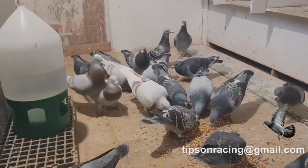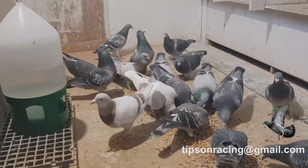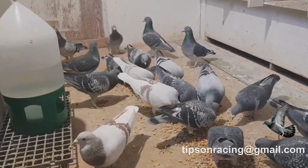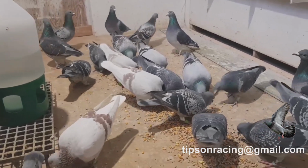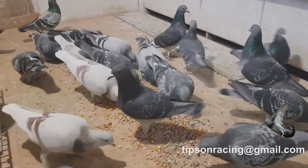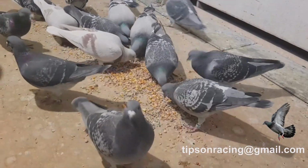2. Hand feeding. Hand feeding can help build a strong bond with your birds. 3. Consistency. Be consistent in your interactions with your birds. This helps them feel secure and confident. VI. Pre-race preparation. A. Tapering training. 1. Reduce training intensity. Reduce the intensity and frequency of training tosses in the week leading up to the first